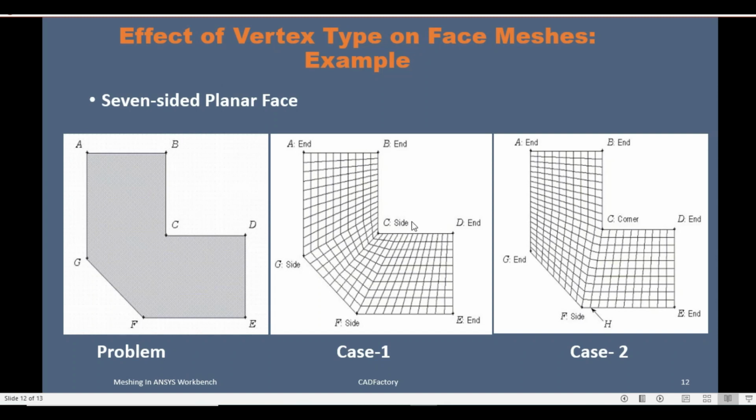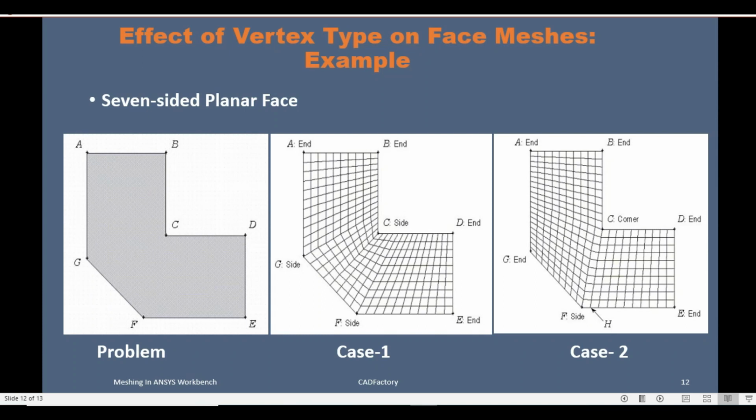So how will these settings affect your mesh pattern? When you select this pattern, where all are side vertices instead of any other vertex, it will create a single checkbox meshing type. In case 2, when we select another vertex type, it will create 2 regions and mesh accordingly. So this is the difference between these vertex selections, and it will affect your mesh pattern.